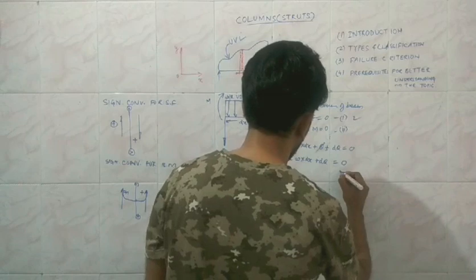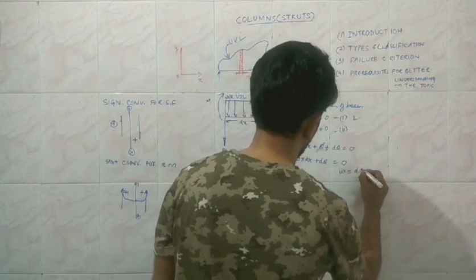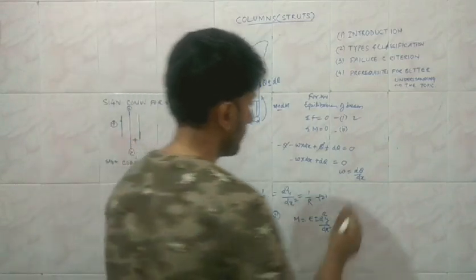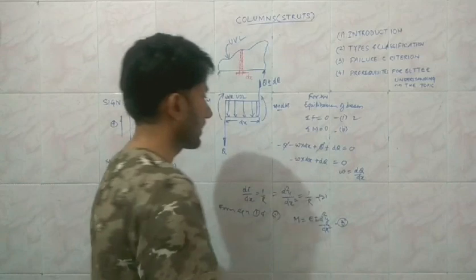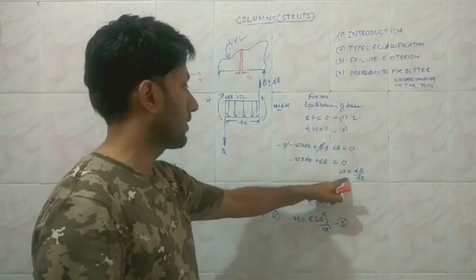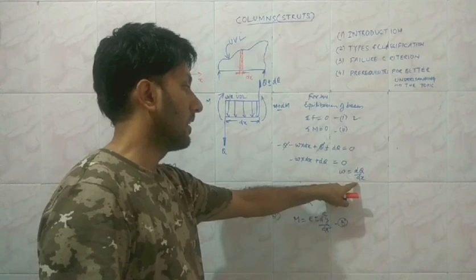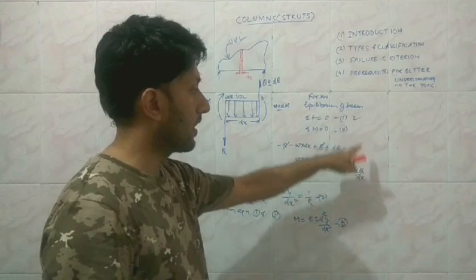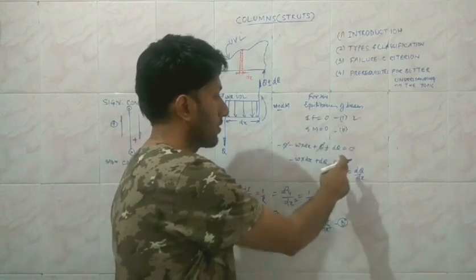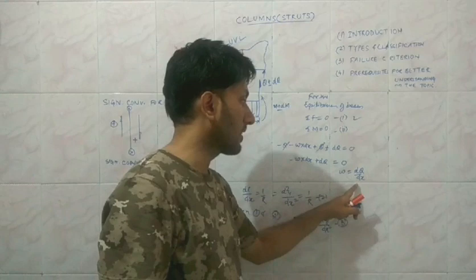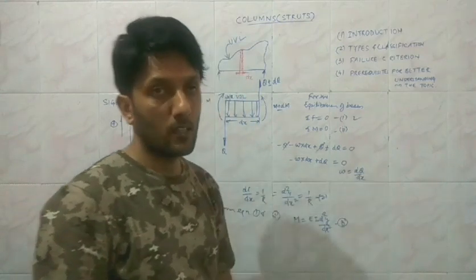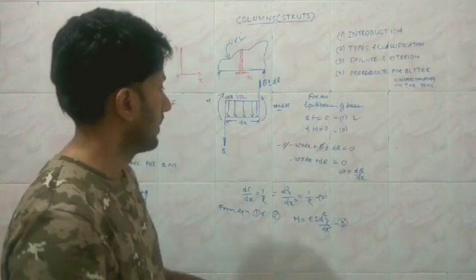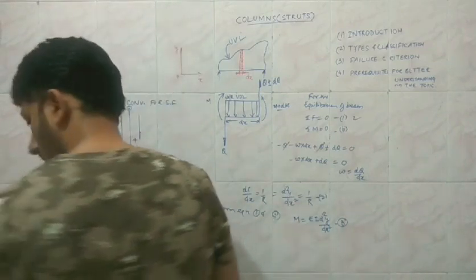So we have identified that W must be equal to dq upon dx. That is the rate of change of Q, the shear force, where Q is the shear force. So the rate of change of the shear force with respect to the length will give us the value of the load intensity. Or in other words, if we are having the shear force diagram, then the slope of the shear force diagram, dq upon dx, will give us the value of the load intensity, small w. And similarly, if we are considering the equilibrium,